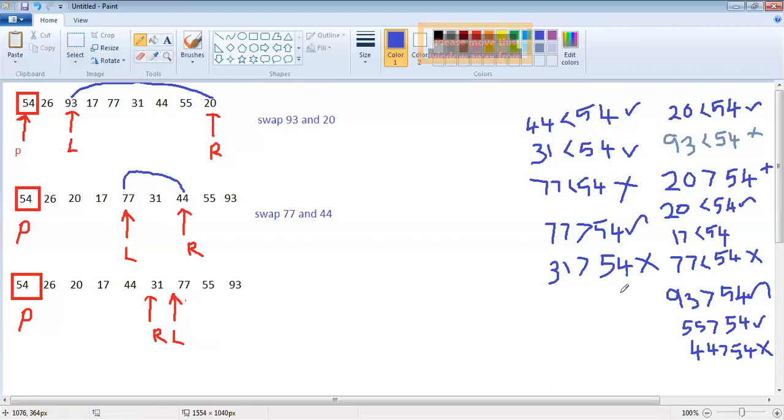So it stopped moving. Both left and right pointers stopped moving. Also, we should observe that both left and right pointers crossed each other, right? When both left and right pointers crossed each other, what we have to do at that place is swap the pivot element with the right value. So at this place, what I have to swap